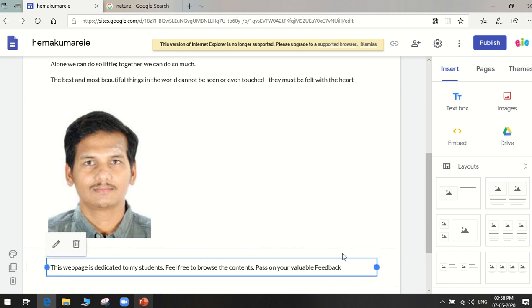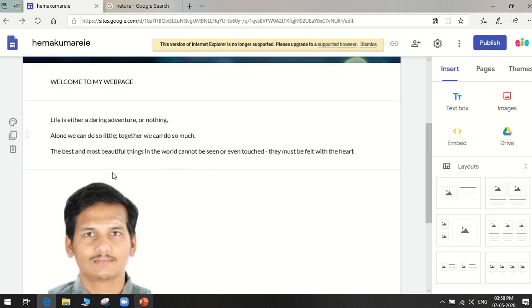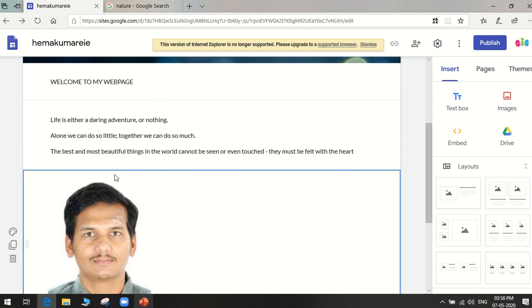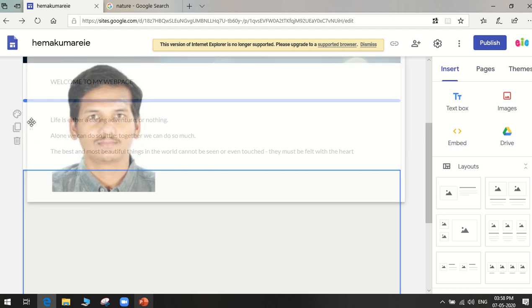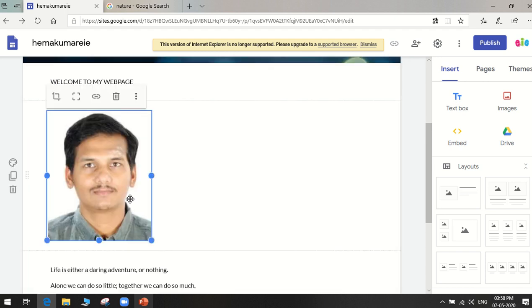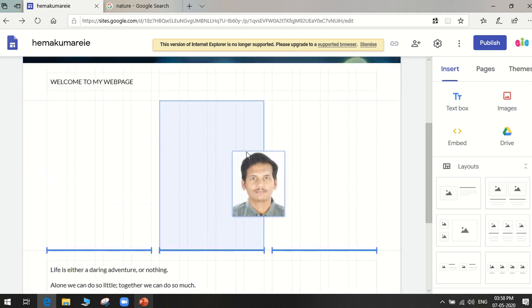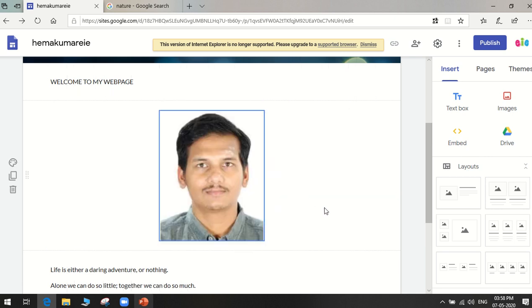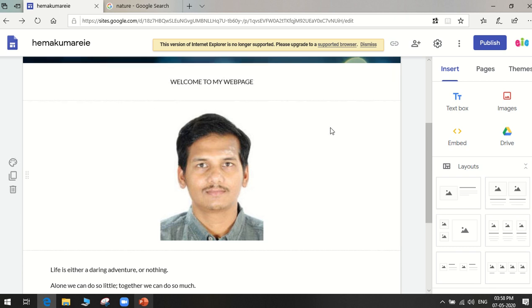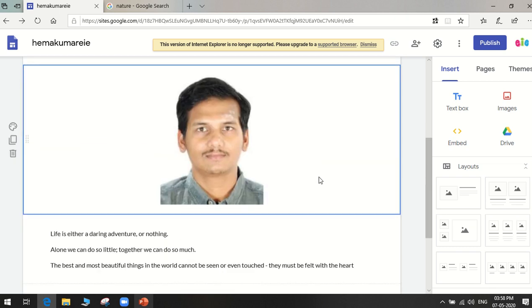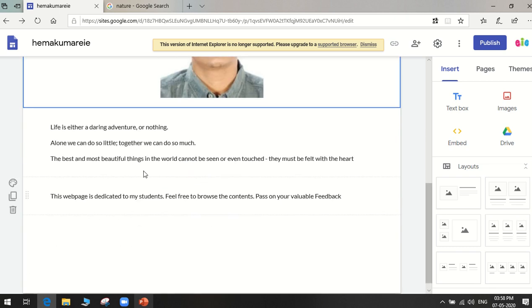Okay. Suppose I want this particular content, or say this image, to be first. It should come first. I can just move it. So I can just drag this content where I want. I can just place it. So again, this image, if I want to be in the center, I can use it here. Similarly, this text, so this is the alignment, I can just put it to the center. Okay, you can drag it and drop it in the center.